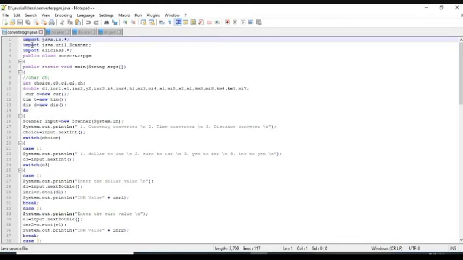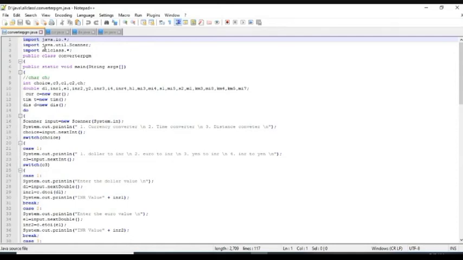First, import, which is a keyword. You can either import a single class or a whole package. Here the single class also consists of methods and attributes, right? A whole package contains all the classes that belong to the specified package, right?